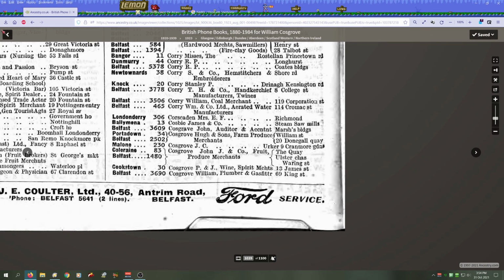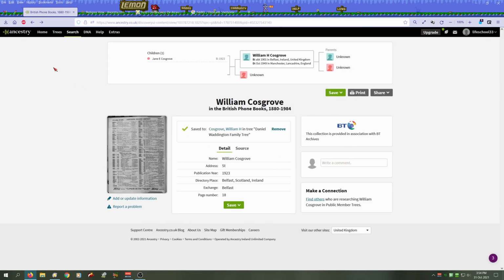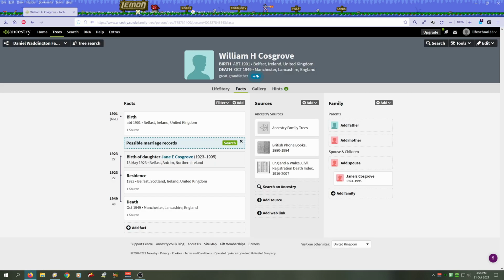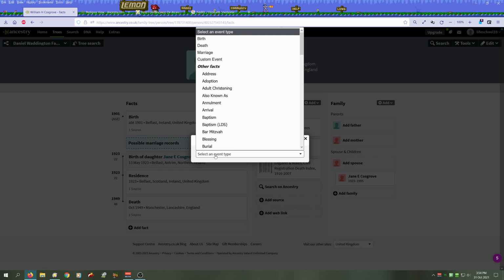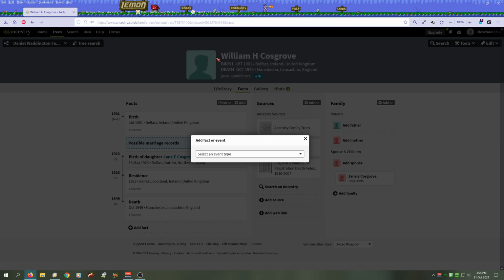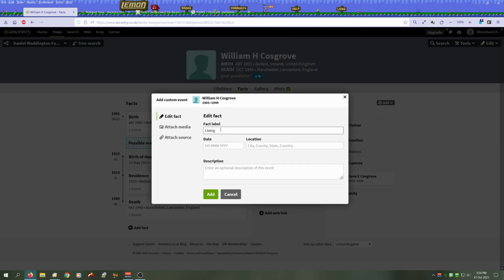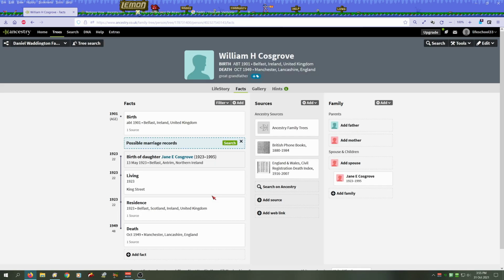So that's now been saved, and if we click on the back arrow, 69 King Street, and we click on the guy's name, well, he's in there, so we know it's Belfast, Northern Ireland in King Street. And we can even add that as a fact, we can add that as a custom event, and we can guess on the date from the telephone book. I'm just gonna enter, well, residence Belfast is already there, and so 1923. We can enter that in as a separate fact as